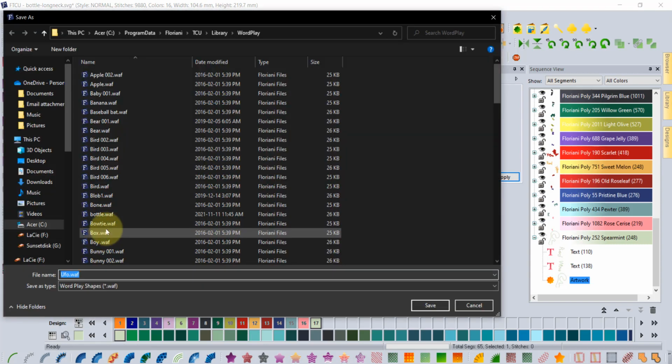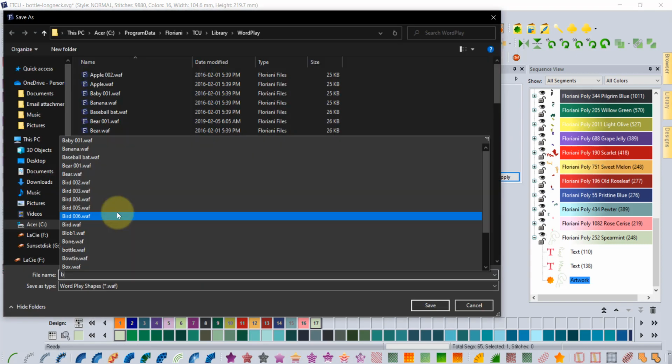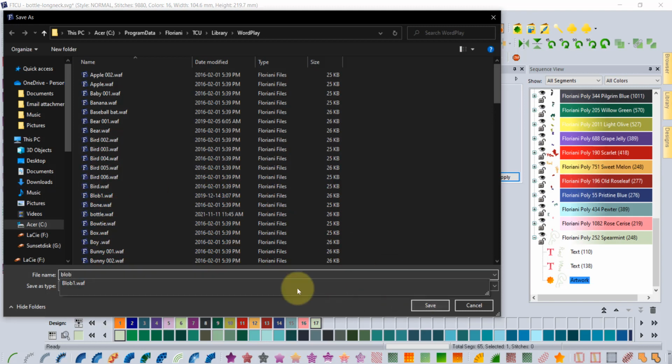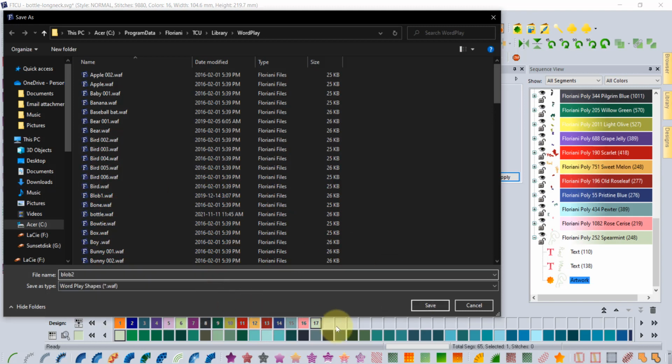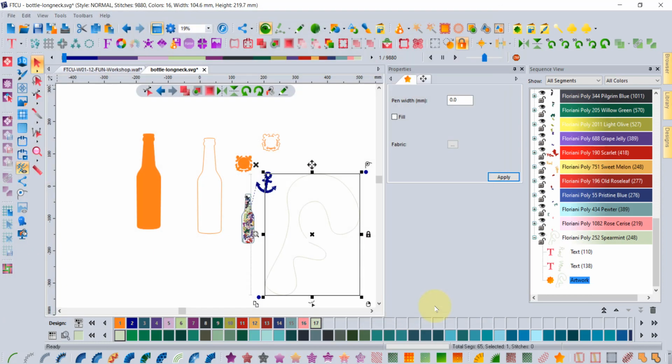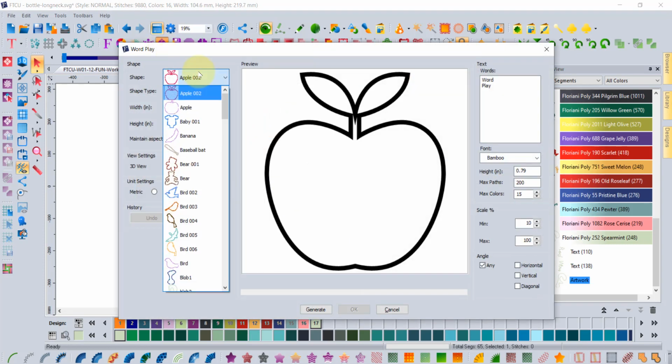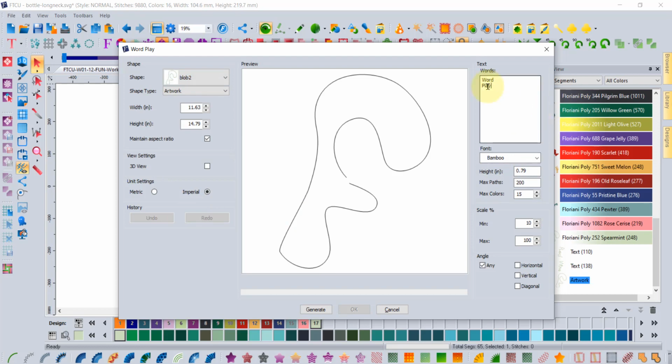And really it's as easy as that, guys. You can have your own. We'll call this one Blob. And there's already a blob in there, so we'll call it Blob 2 and click Save. So now when I go into my tool, one last time, Wordplay, click here and scroll down to look for your new blob. And there's blob number 1 and there's blob number 2. And so you can have as many different shapes as you want, and you can put anything in there you want to put in there, inside of your UFO and alien,